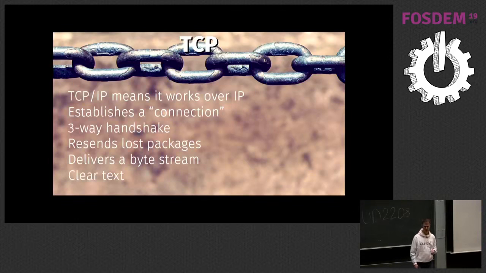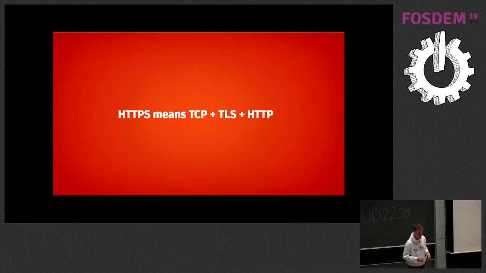And it's in clear text, right? Everyone on the network can see your traffic. That's TCP. TCP was created a very long time ago. It's from the 80s, and it's basically remained roughly the same over the years. But okay, that's TCP then. But we use HTTPS today, right? And HTTPS is TCP with added TLS. And then you do HTTP over that.